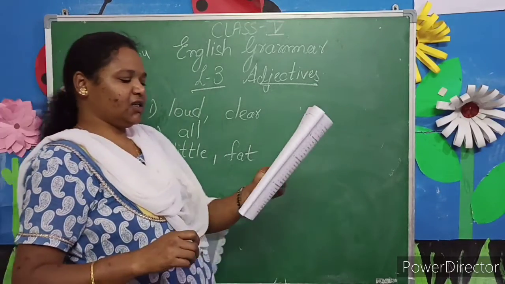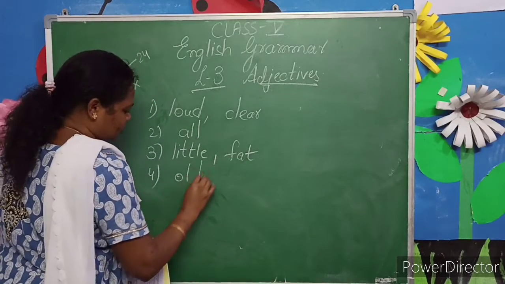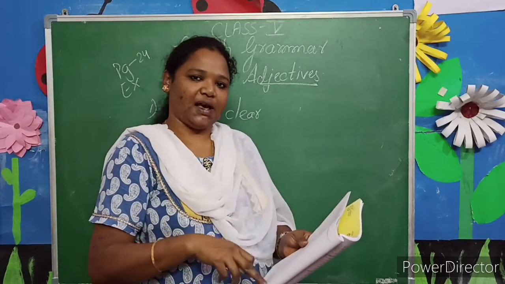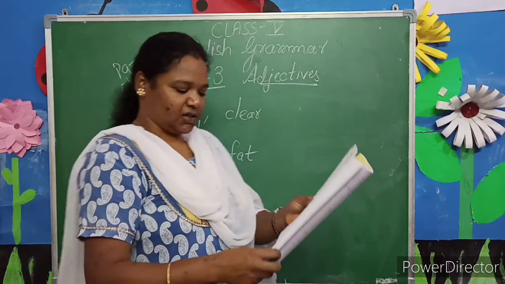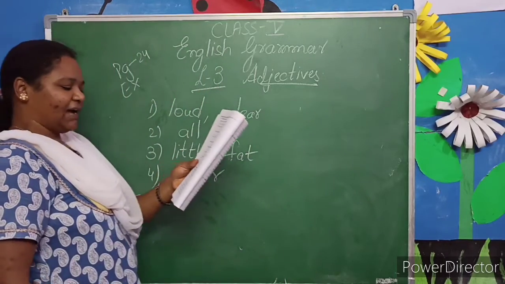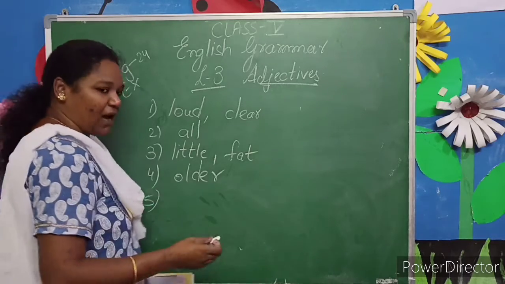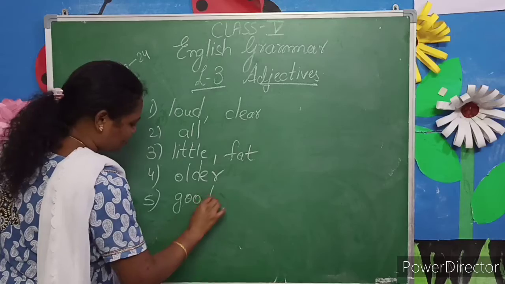Fourth one, I think Max is dash than Rohit, older. So it's your choice. Whatever suitable adjective you can write in the blanks, you can write it. But it should correctly fit there. Okay, children. So fifth one, she had a dash day. So you can write good day, bad day, bright day, like that. So I am writing good.